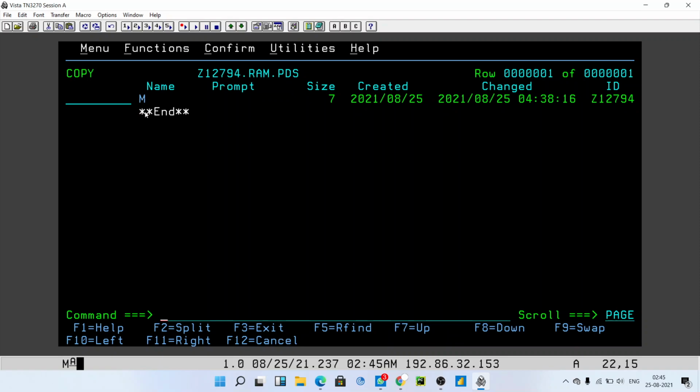There can be more than one member in this PDS file. Whichever member you have to copy, just press s in front of it. You can copy three or four members simultaneously. Just press s in front of it and press enter.